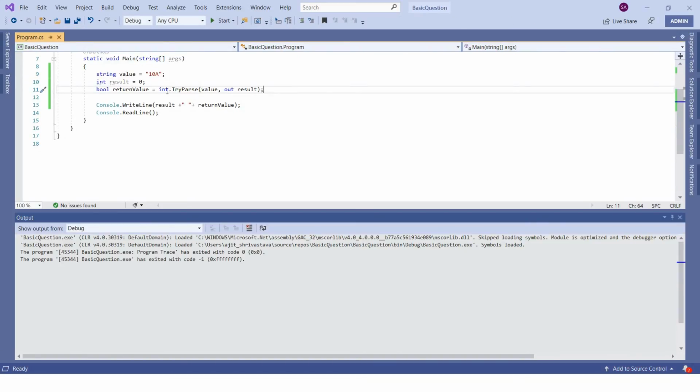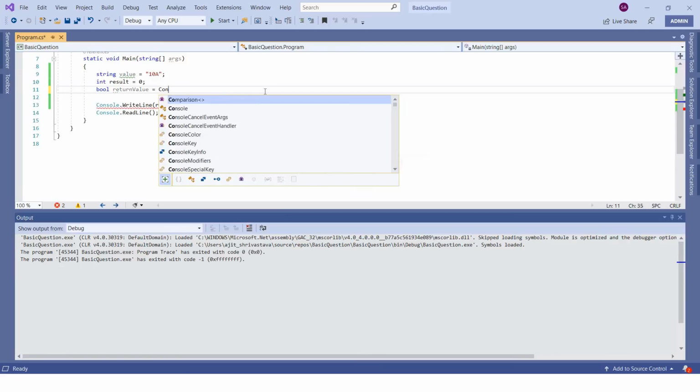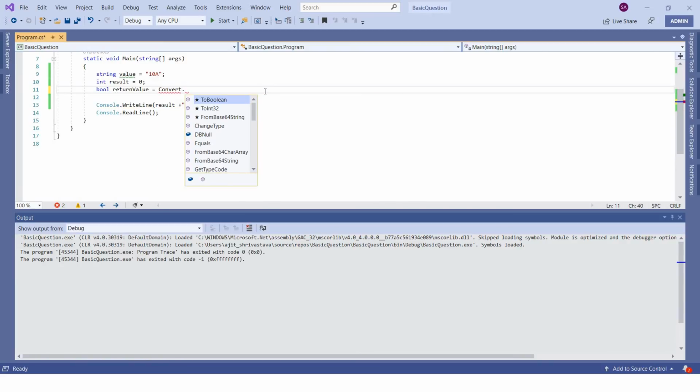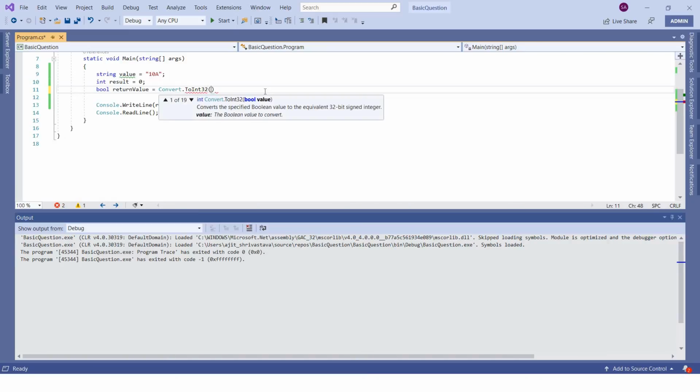Another option that you can have is Convert.ToInt32. Int32 means it's an integer number. What it does is convert a specified value to an equivalent 32-bit integer. Similarly, you can convert a boolean, a byte, a character, or a date time to integer.